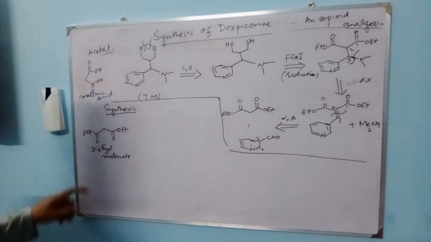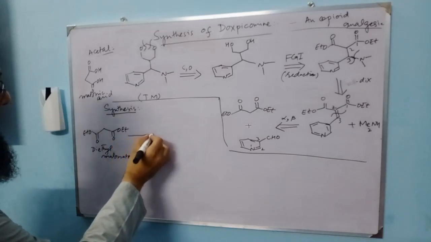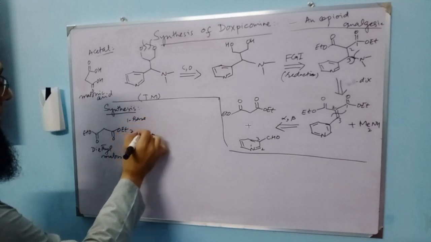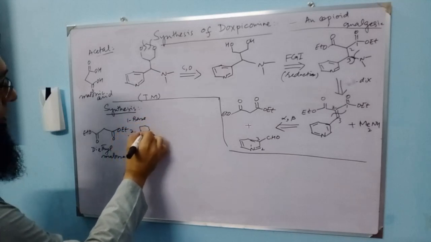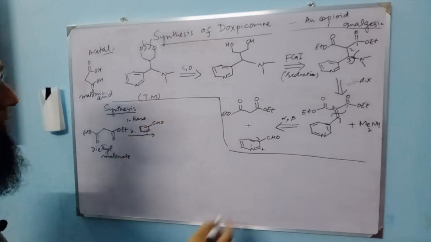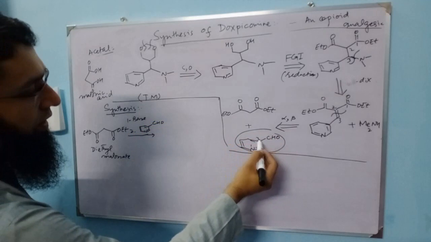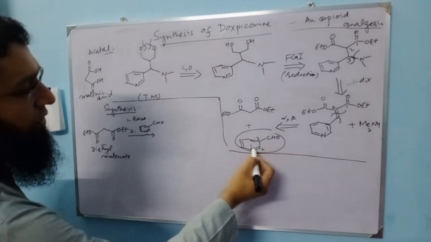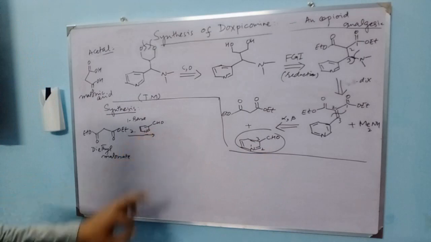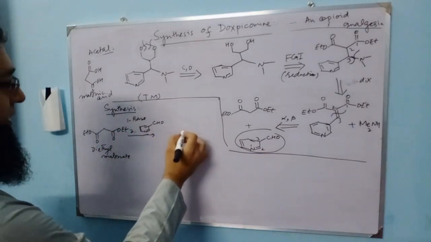So this is its ester, and then we will add base and the corresponding aldehyde. We have to choose the same aldehyde because this aldehyde is on the third position of this pyridine ring, so we have to keep that in mind throughout our series. And as a result of this condensation,